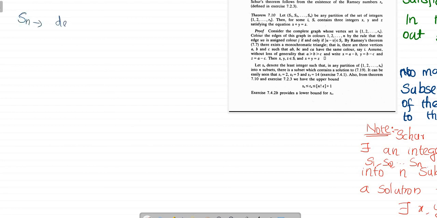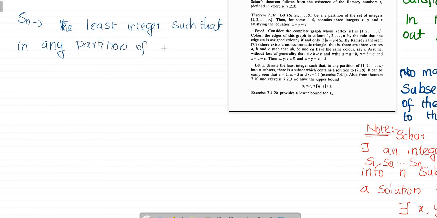Sn denotes the least integer such that in any partition of the set 1, 2, 3, etc. up to Sn into n subsets